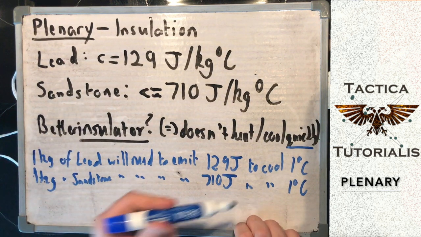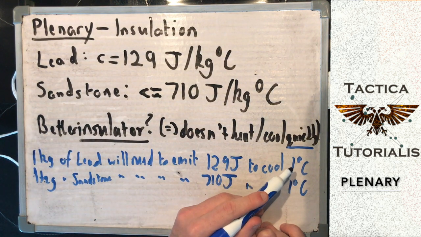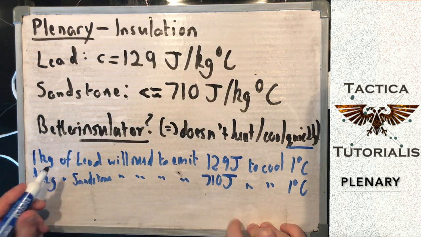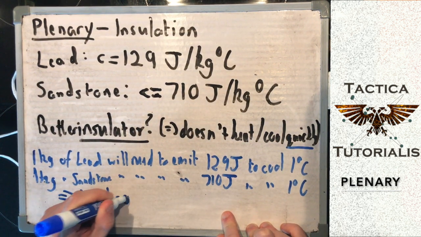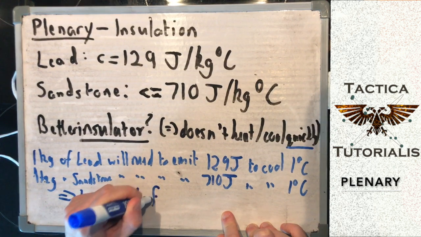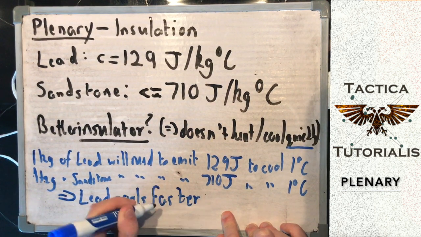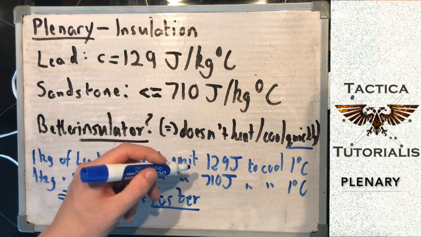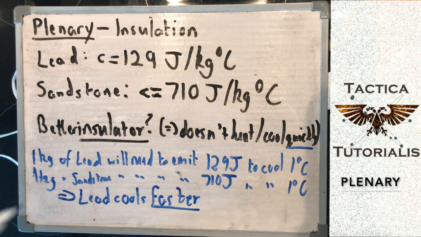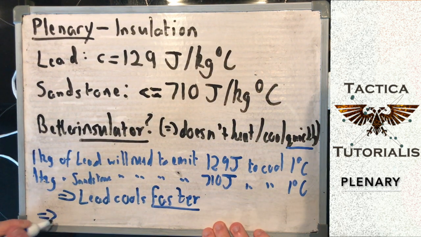But the actual cooling, the change in temperature, will happen faster in the lead. The lead cools down faster because of its lower specific heat capacity, meaning it needs to emit less energy to cool down. So we therefore say that the sandstone